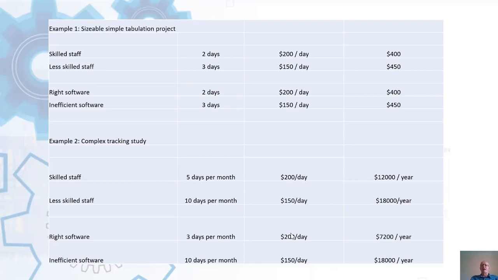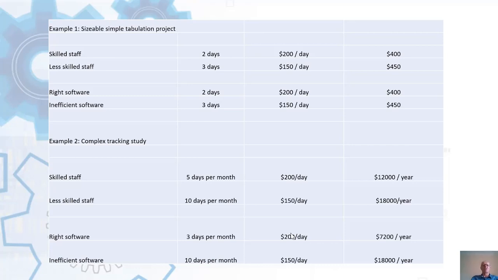And these are purely made up figures. I've said it takes a skilled person 2 days at $200 a day. That will obviously vary from country to country, so it's costing $400. A less skilled person might spend 3 days on it at $150 a day, and so the cost is negligible in terms of difference. And with the right software, it might make a difference between taking 2 days and 3 days as well. But the variables don't make much difference. The costs I've come out with there, and of course those figures are all fabricated, really show that it's not much difference. But then we come to something more complex where there's more volatility, like a tracking study or a